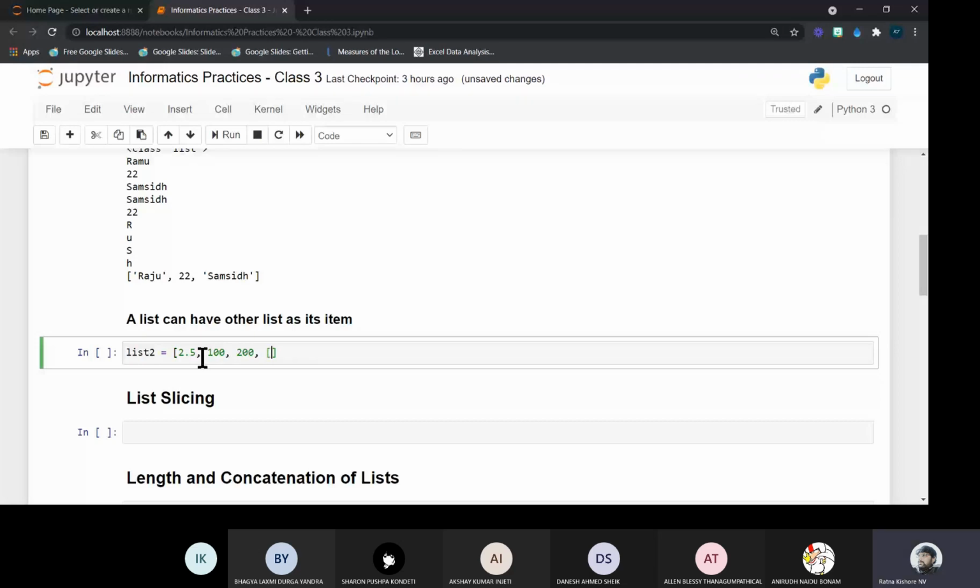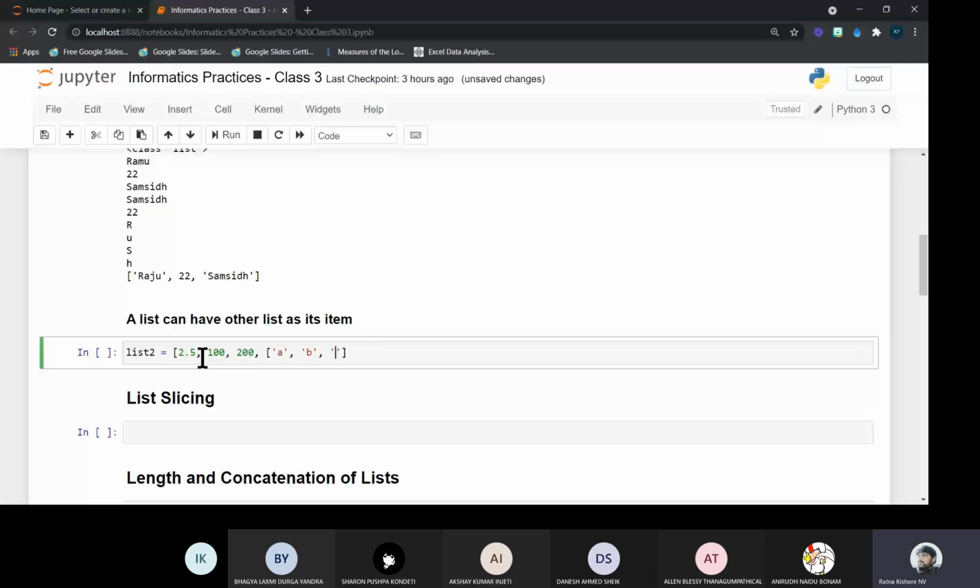In that list, the first element is a character A, the second element is another character B. You can use double quotations or single quotations for characters as well as strings, both are the same. And another character we have is C here, and then we have another value 0.